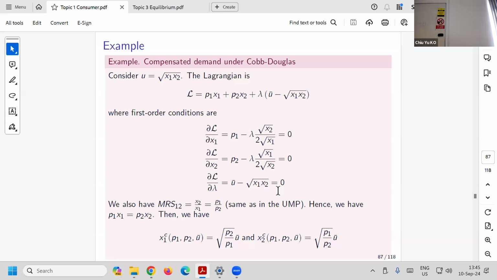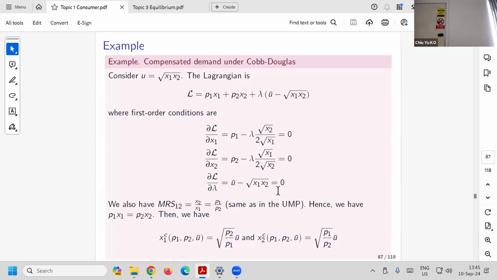Rather, we want to look at what is the Hicksian demand, okay? We figure that out by solving this system. It turns out to be, actually you should check at home why this is correct, okay? Your demand will be the ratio of the prices, take a square root, times the utility. It's linear in your utility target, okay? And related to the price ratio,